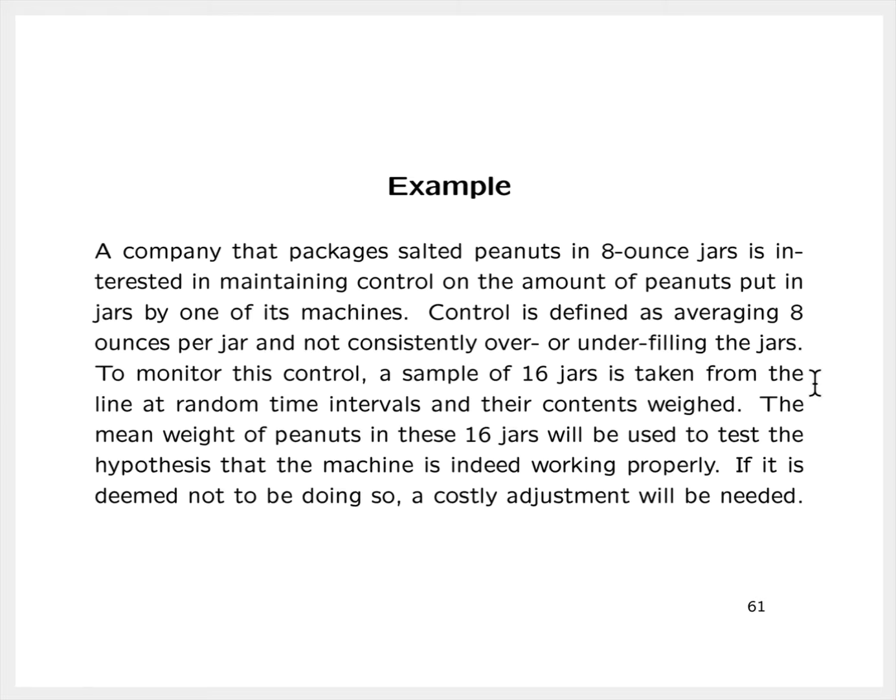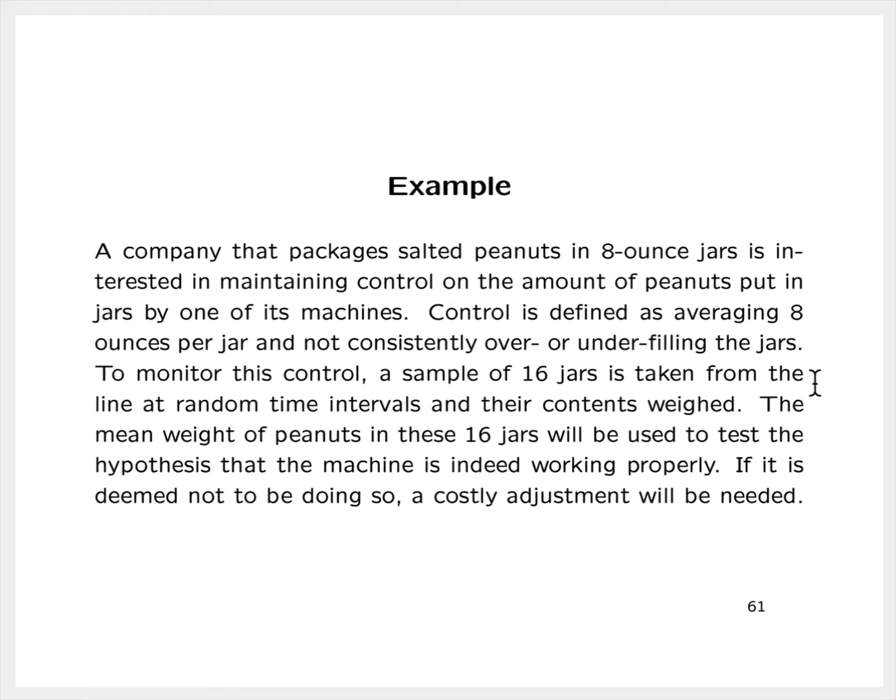What we have to do is select a sample from this conceptual population of jars of peanuts being filled, and then make a statistical inference about that value, about that population mean. And we looked at how to test a hypothesis about that population mean. Now, what we're going to do is use estimation, and in particular confidence interval estimation, to make an analogous type